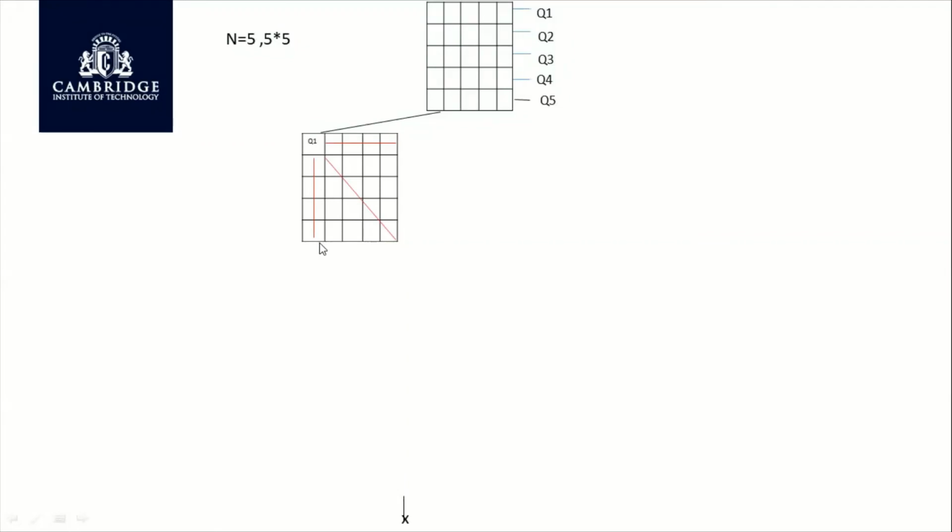Are you all there with me? Yes, ma'am. Okay. Now what is the next step? Placement of queen number 2. What are the available positions for queen number 2? Third column, fourth column, fifth column. So the first acceptable position is column number 3. The first 2 are blocked, so they are not acceptable. So I try with the third column.